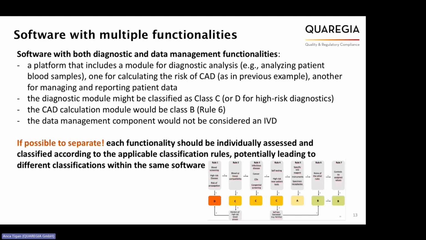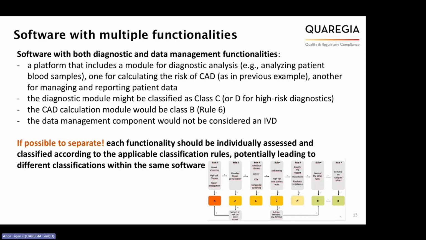If it's possible to separate the software into such modules, each functionality can be individually assessed and classified according to the applicable classification rules, which potentially leads to different classifications within the same software system. However, if it is not possible to separate the software into such clear modules, the higher risk class dictates the overall classification. So this is, in a nutshell, how one goes about classifying software products